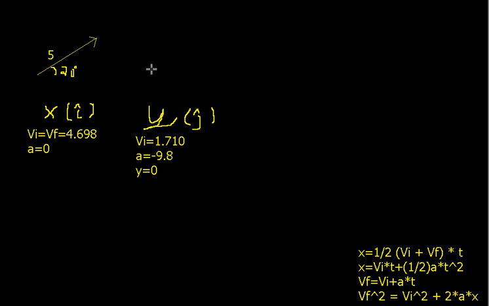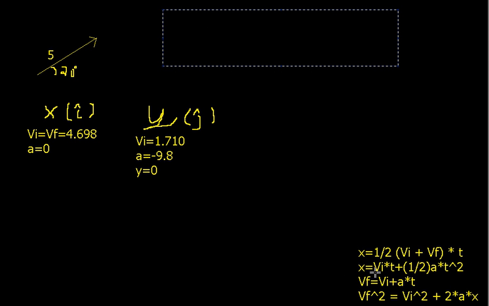Okay. So if we just plug things in, remember this is delta x, that's change, that's displacement. So we've got 0 is equal to, that's the height. The height, which is 0 in our case, is going to be equal to the initial velocity, which is 1.710, we figured out, right? That's just this vertical bit right here, times whatever the time is,